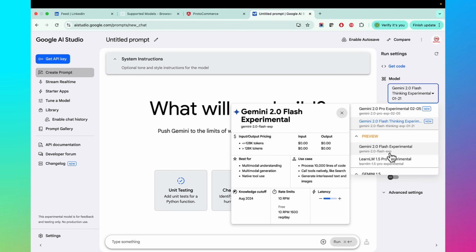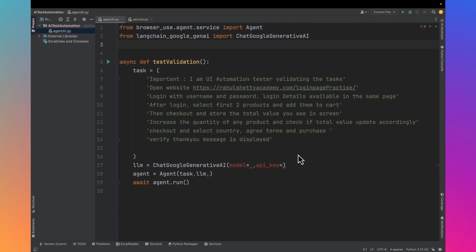But I personally like this. It is faster, has more expert analyzing capability, and it is completely free to use their tokens. So this is the model name, the one which you see at the bottom, gemini-2.0-flash-exp. If you really want to use this model, because it's free and it is giving very good results,